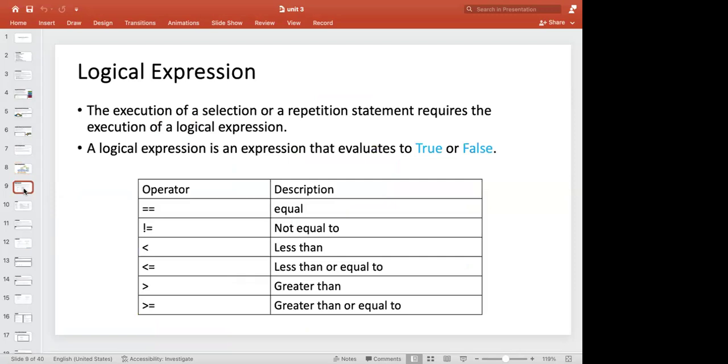Now before we go and tackle that, let's come back and review. Last week, one of the things we reviewed was logical expressions. If you remember,